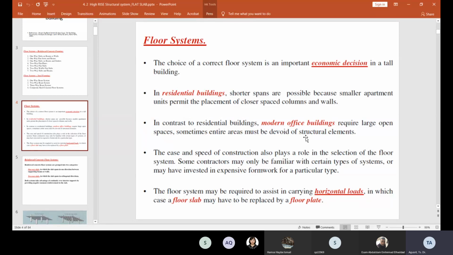That's why in shear wall design, you can notice that sometimes we need to stop the shear wall at the ground level in order to accommodate the architect's requirement to provide the large opening. So this is some of the requirements that we need to cater for as structural engineers.